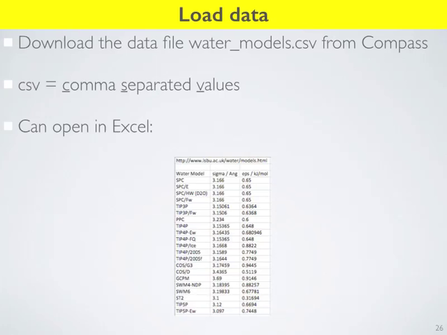You could also open it in Notepad if you preferred, and the file just looks like this. There's a header line, which is the reference for where I got all this, Loughborough University in the UK. They have a great site for water models. Then there's a blank line, then some headers: the name of the model, sigma in angstroms, and epsilon in kilojoules per mole. And then there's all the data: the water models, their names, their sigmas, and their epsilon parameters. So this is what we're going to study. Does everybody have that file downloaded?